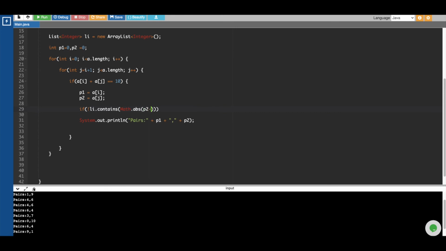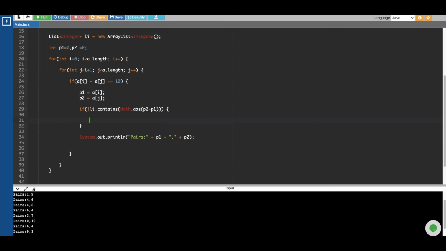Anything you can do, because it's an absolute difference, it will give you only the positive value. li is coming from the list. So what I'm checking here is whether the list already contains the difference of the pair; if so, you ignore that and only print the unique pairs.